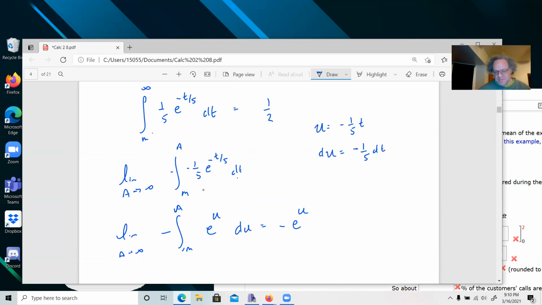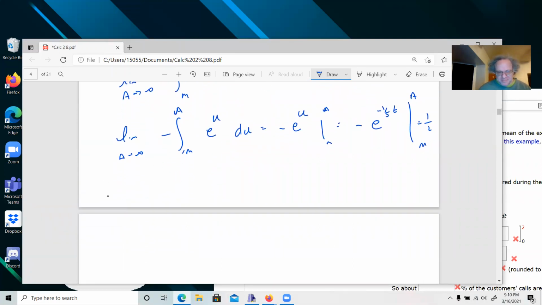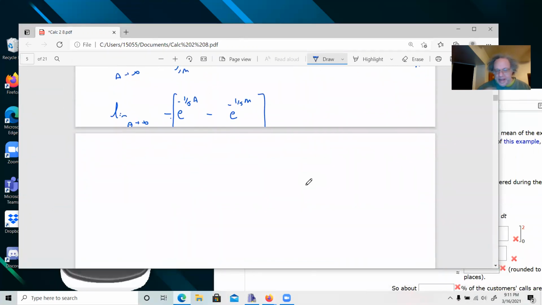We're still in the u world, so these aren't really the limits, but let's go ahead and map it back. So we have negative e to the negative 1/5 t. Now we're back in the t world. We have m to a, limit equals 1/2. Okay, let's write that down a little bit nicer. So we have limit as a goes to infinity of negative e to the negative 1/5 a minus e to the negative 1/5 m, and this was equal to